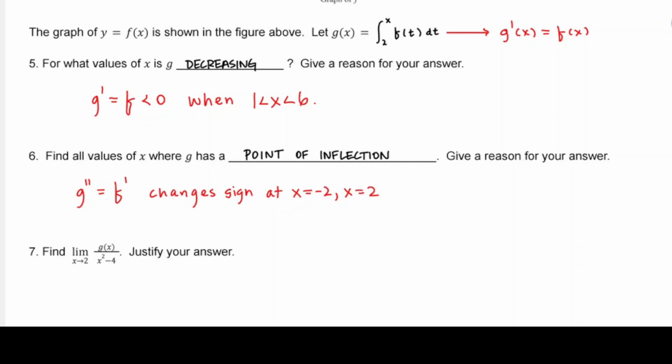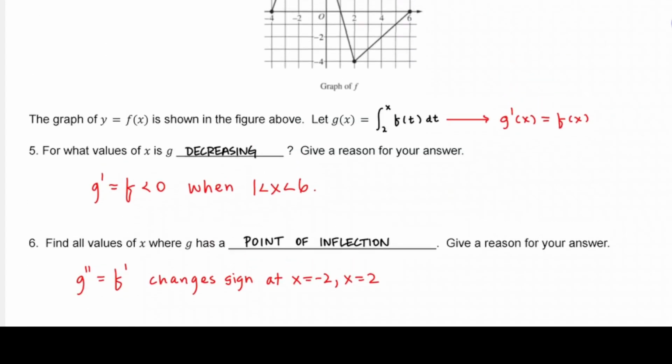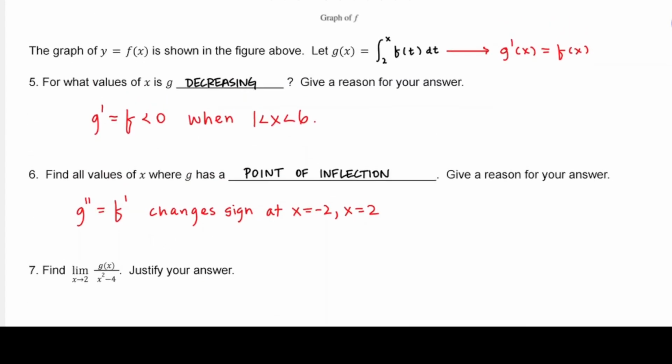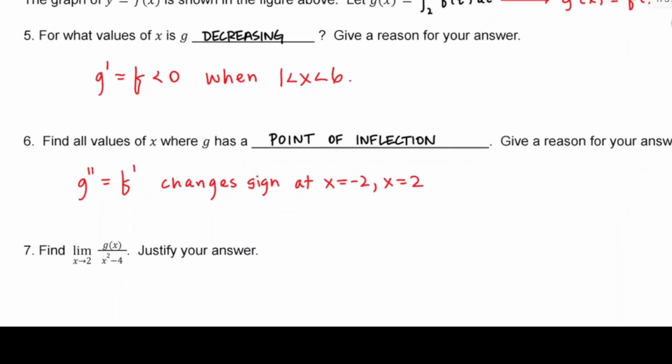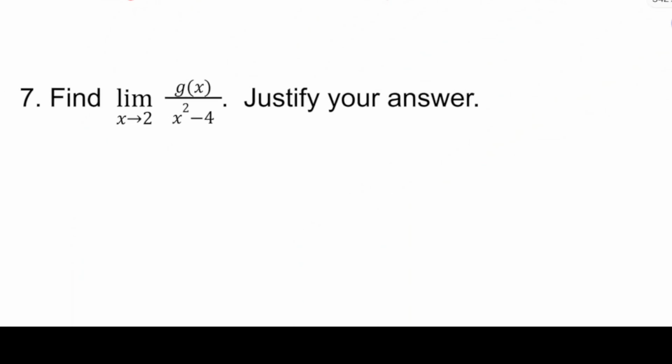And the reason for my answer is the sign change of g double prime, which is f prime. All right, now we're going to find the limit as x approaches 2 of g of x over x squared minus 4. Okay, well, that's not what was... oh no, g is the integral of f. Oh, okay, yeah. So we would approach the integral from 2 to 2 of f of t. Okay, so,